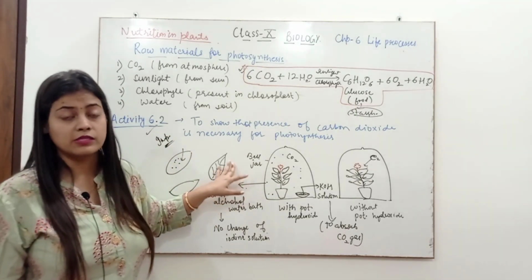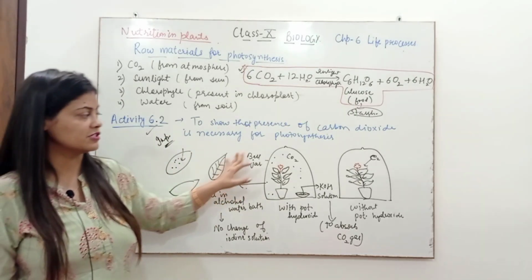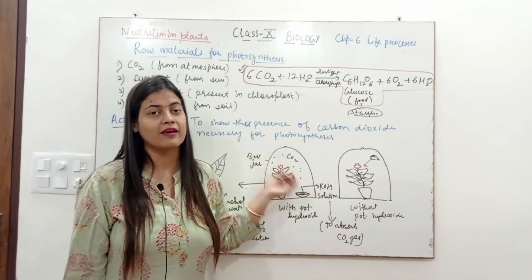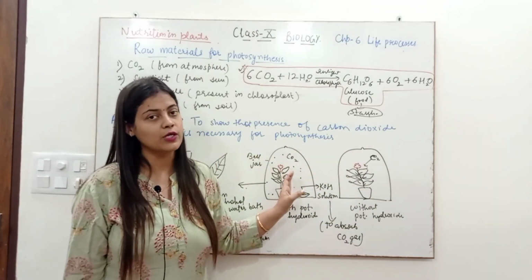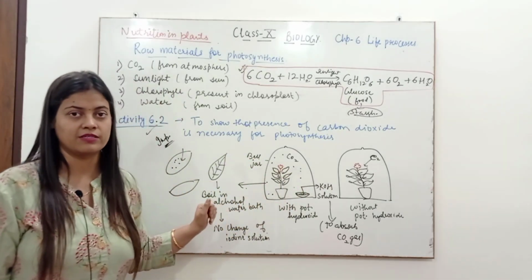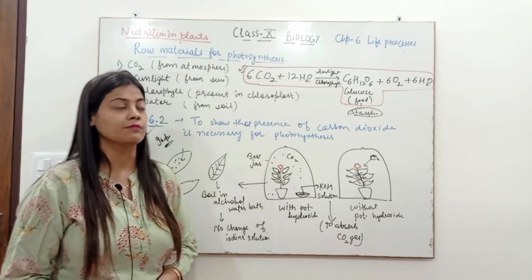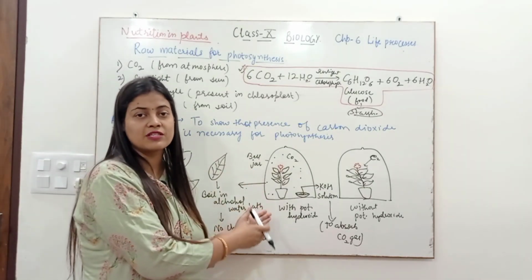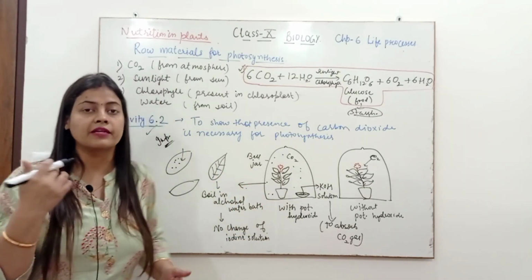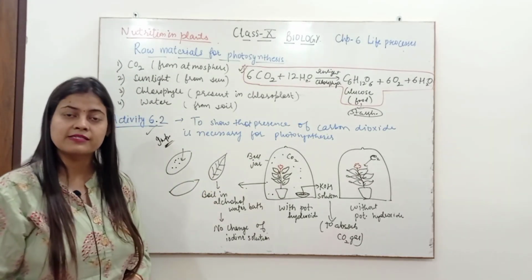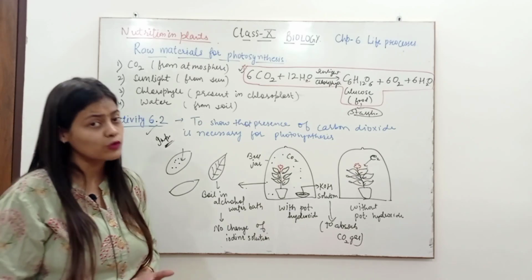In boards, this question can also come. This diagram can become MCQs; they can ask activity-related questions. These two activities are already given in your book, but after finishing this activity, there is a line written: can we demonstrate any experiment where we can show that sunlight is necessary for photosynthesis? So can you do that?